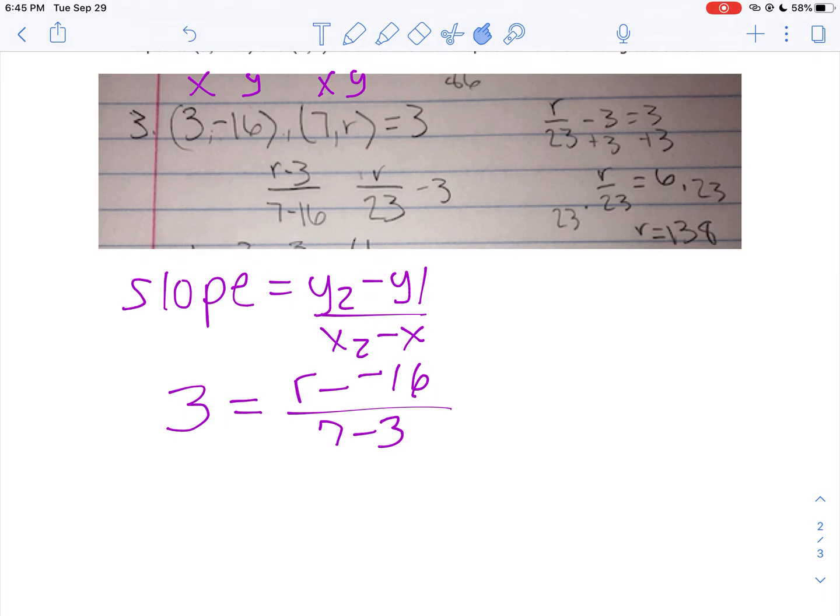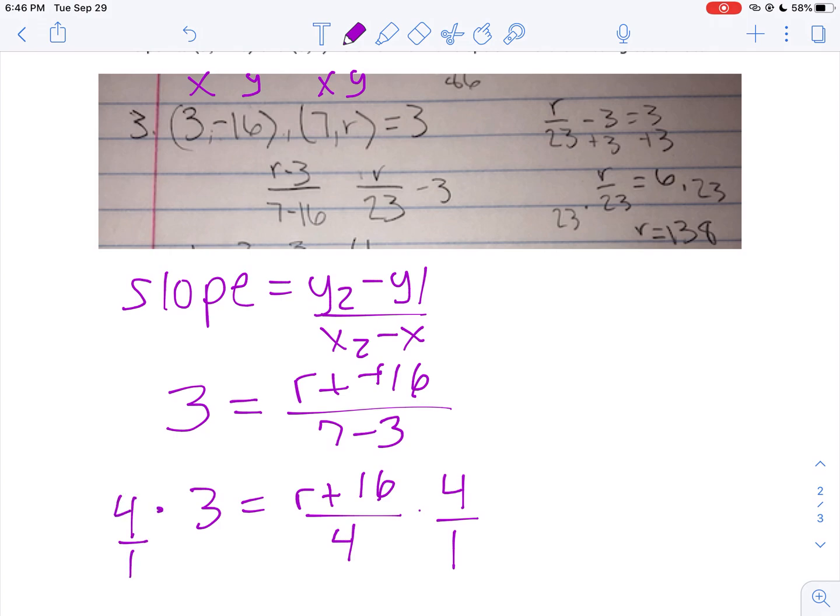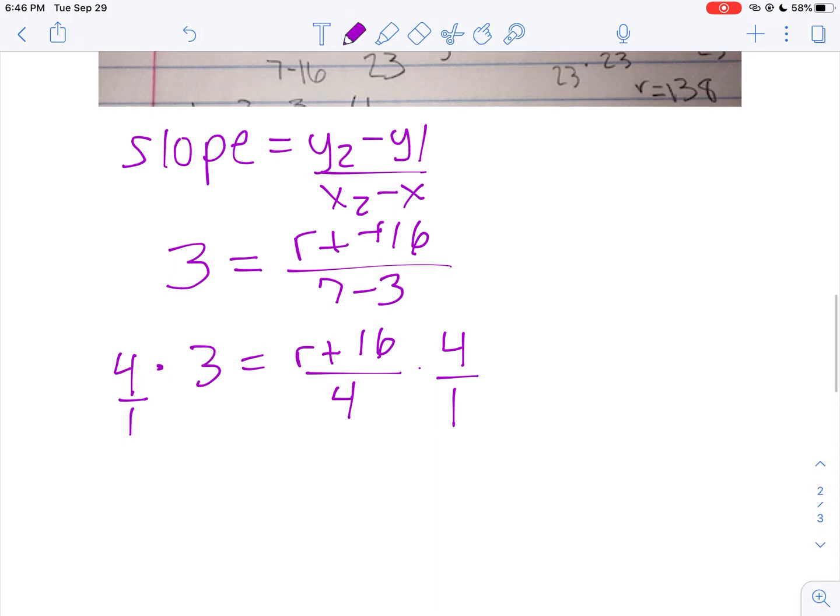Well, let's do a little simplifying. When you subtract a negative, it's positive. So 3 equals r plus 16 all over 7 minus 3, which is 4. You can't combine r and 16. It's r plus 16. It's always going to be r plus 16. Now, what we can do is get rid of this division. What's the opposite of dividing? Hopefully you told me it's multiplying. We're going to multiply both sides by 4. In fact, I'm going to write it as 4 over 1 since we have a fraction here. Although on the left side, it's not going to matter, is it? If we take 4 times 3, we get 12